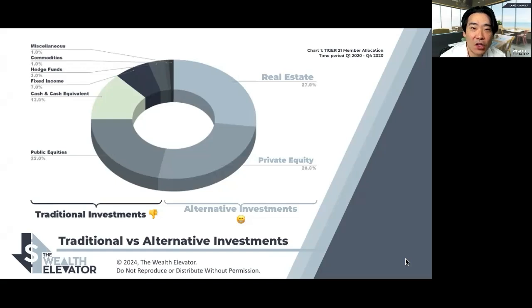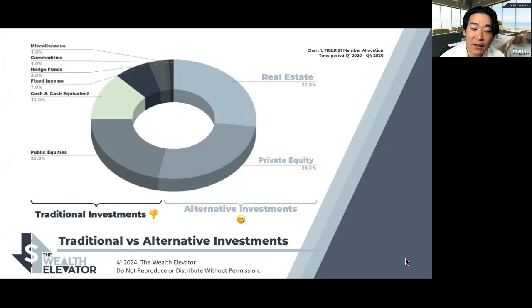Now, this is a chart from a group called Tiger 21. To get into this group, you need to have a portfolio size of $20 million of investable assets. I wouldn't say these are quite family office type of size people. Usually family office is 100 plus million, but definitely I think the next level up from where our group is at, with people in the 20 to 100 plus million net worth size. When they polled their audience, and this doesn't really change too much from year to year, this is what their portfolio allocation looks like.